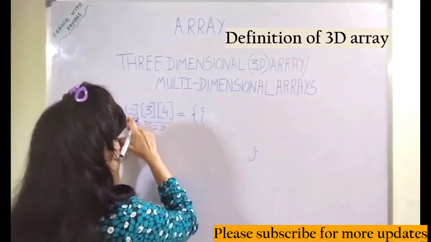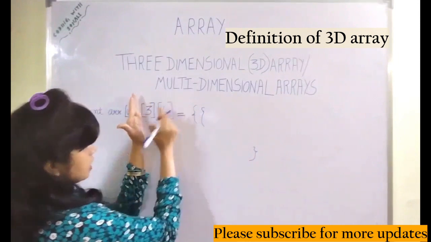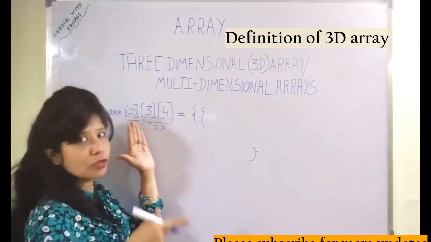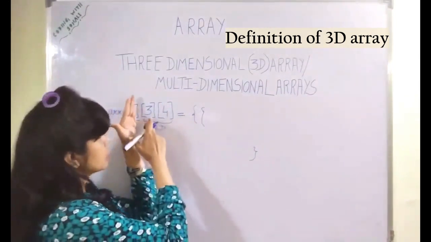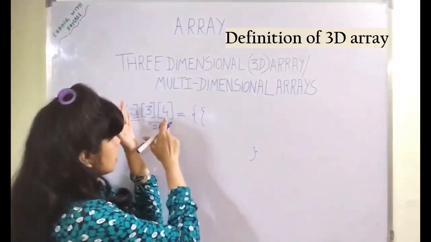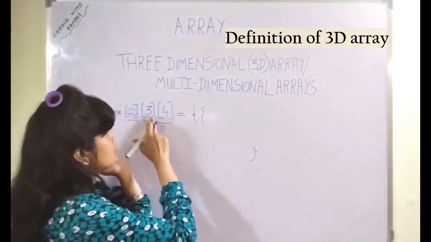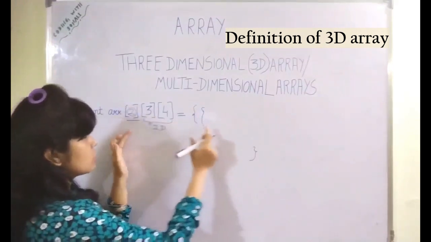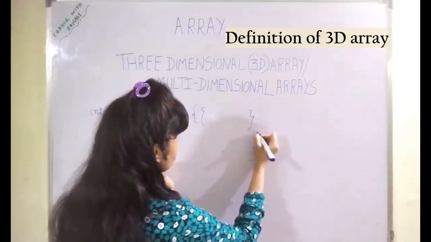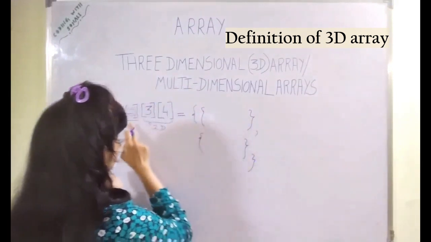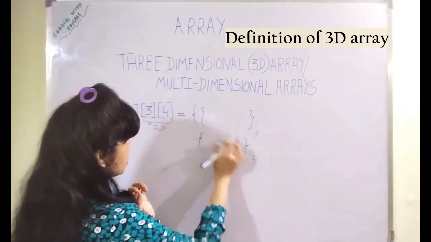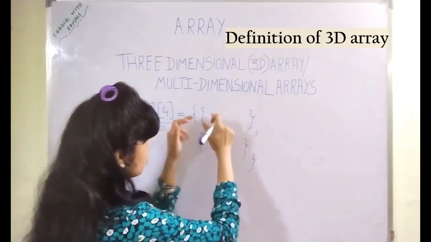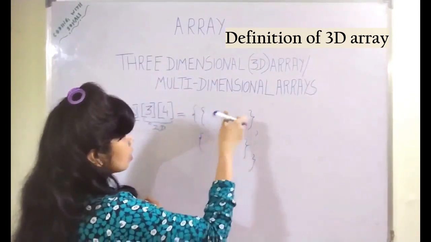Each element is a 2D array. You can see here dimension 3 into 4. In the case of the 2D array, we have seen in the earlier session that the first subscript represents the rows and the second subscript represents the columns. So that means it has 3 rows and 4 columns, in total 2 elements. So I will write 2 elements in this manner. These 2 elements, that is 1 element and 2 element, are each a 2D array. The 2D array has a size of 3 rows and 4 columns.